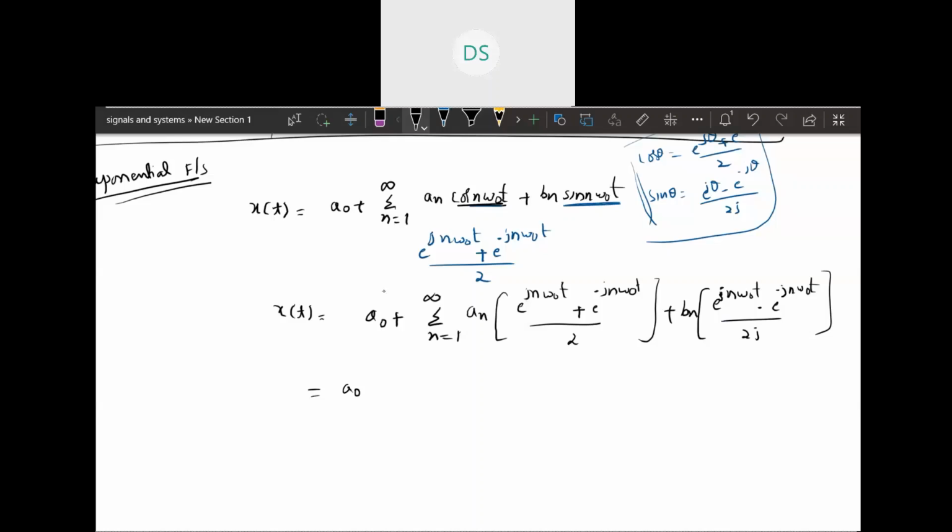From this, a naught plus sigma n equal to 1 to infinity, you can take e power j n omega naught t common from these terms, and also e power minus j n omega naught t common from the other terms. First I am taking e power j n omega naught t common, and here it has the constant an by